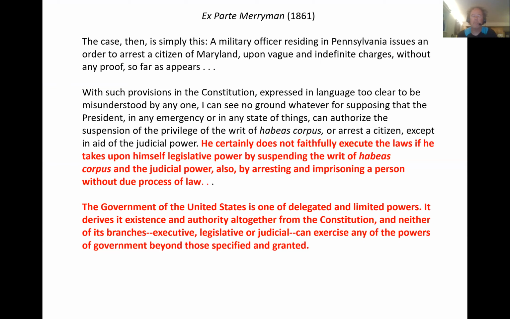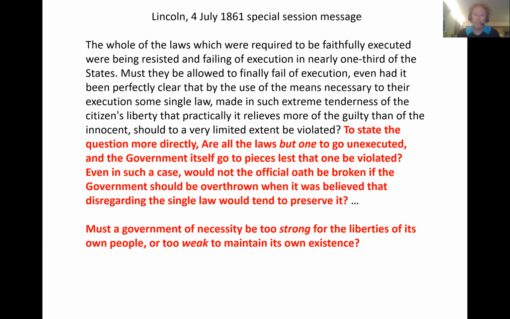Taney is maybe not sympathetic to the Confederate cause, but is not unsympathetic to the cause. And he's very concerned that Lincoln is maximizing power. So Taney issues the order saying Merryman must be released. Lincoln says no. So there's this defiance of a court order. This is not a Supreme Court order. Taney is sitting as the circuit court judge in the Fourth Circuit, but nonetheless, it's a very serious offense. And Lincoln answers it in this very interesting speech, which brought Congress back into a special session, basically saying, look, part of the job of the president is to execute the laws of the land.